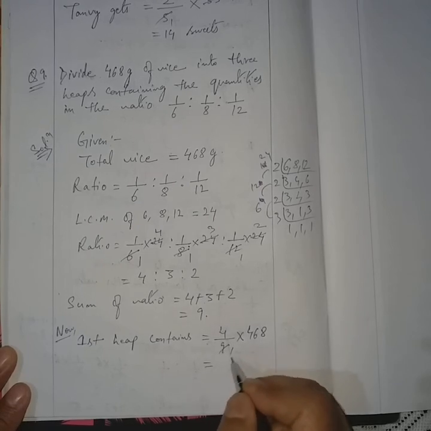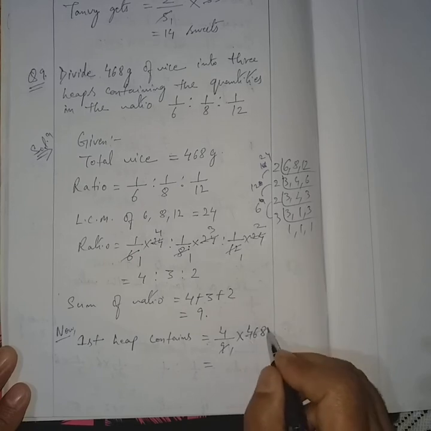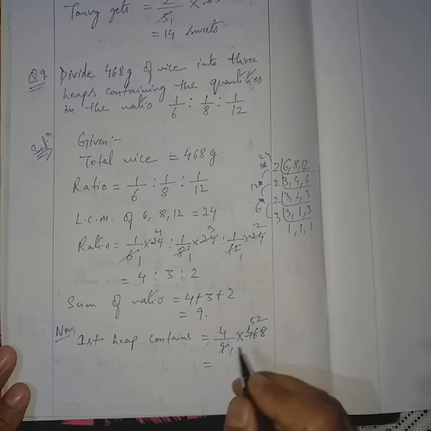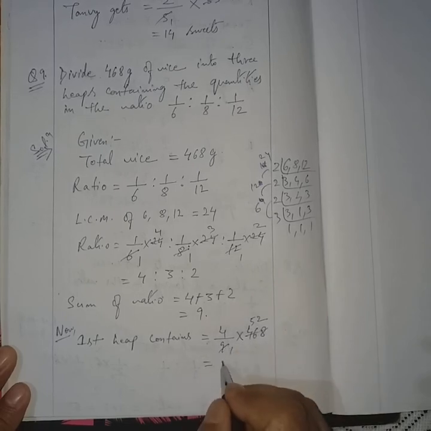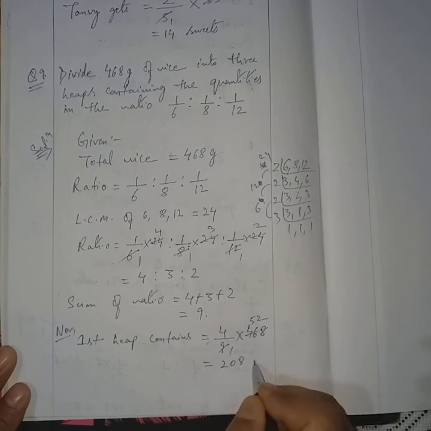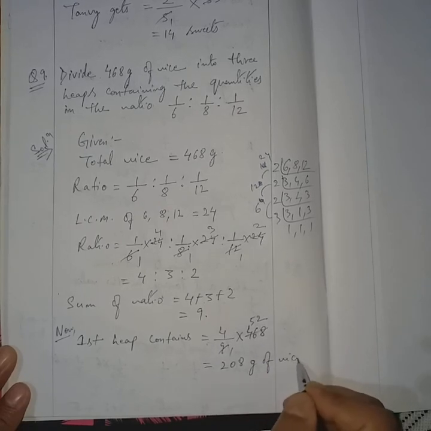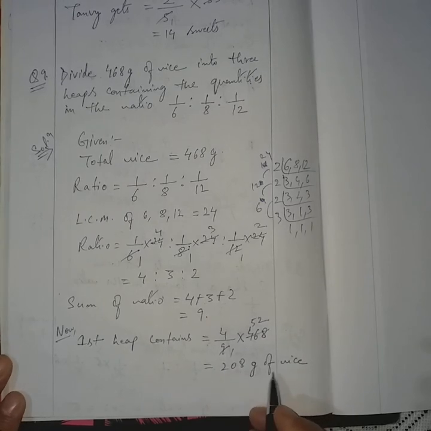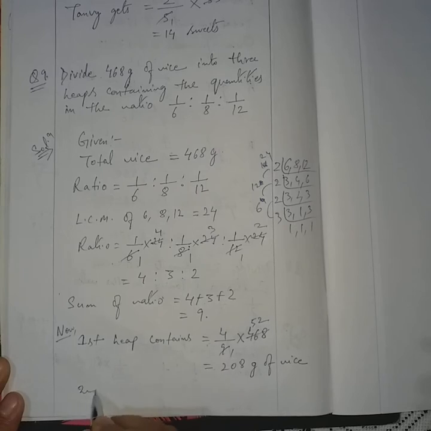9 ones are 9, 9 fives are 45, 9 twos are 18. 52 into 4 is 208 gram of rice. In the first heap, 208 gram of rice is there. Yes or no? Now in the second heap, in a similar manner, the second heap contains